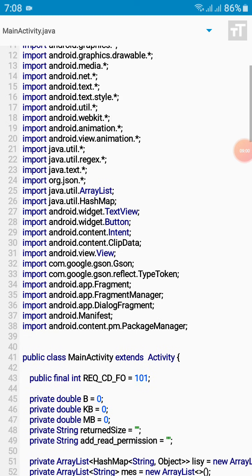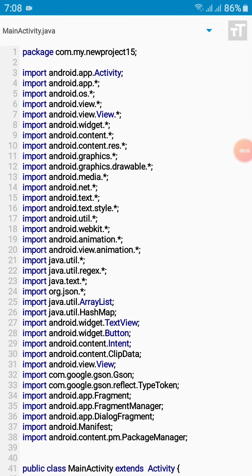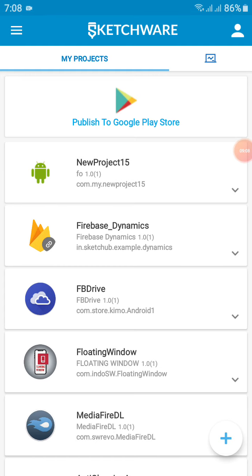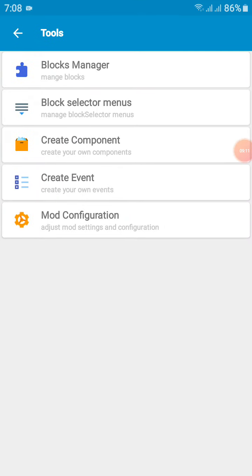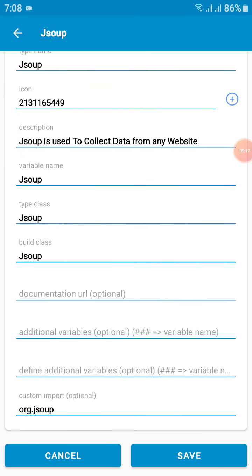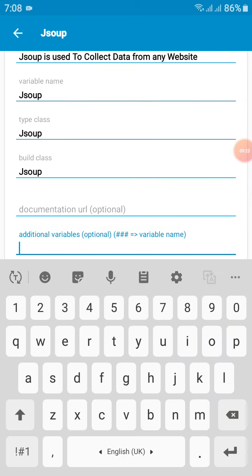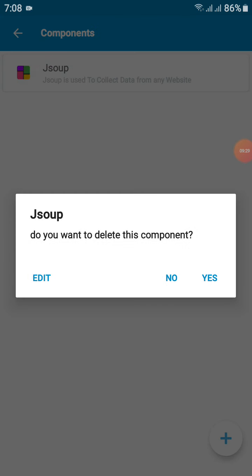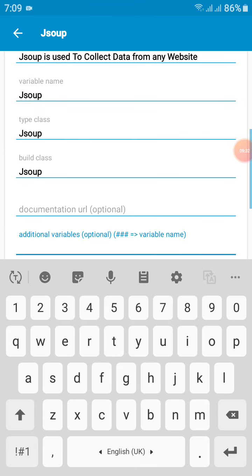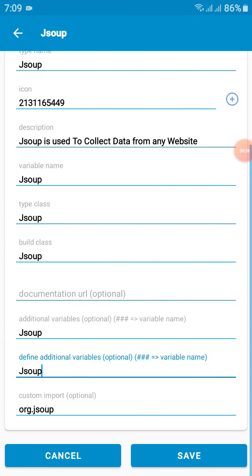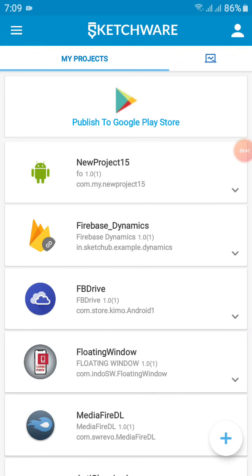The component did not add our custom import in the list. I don't know why. I already added the custom import here, but Sketchware did not add the component custom import file.